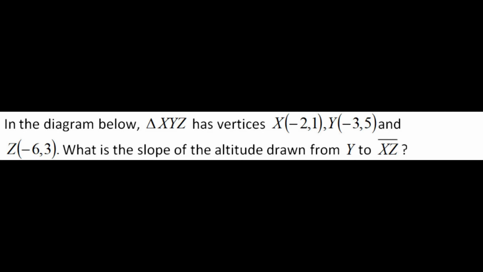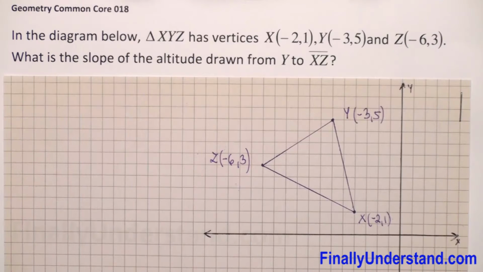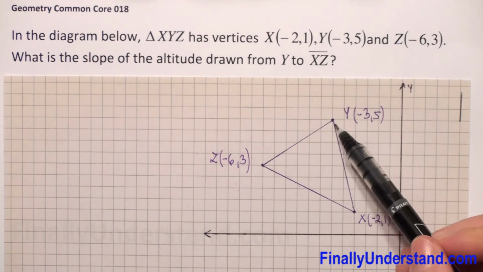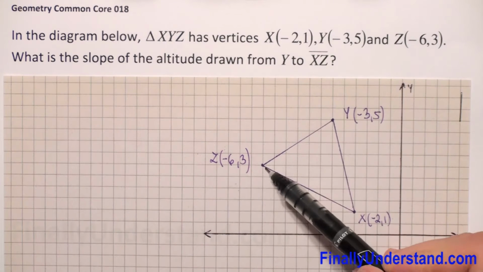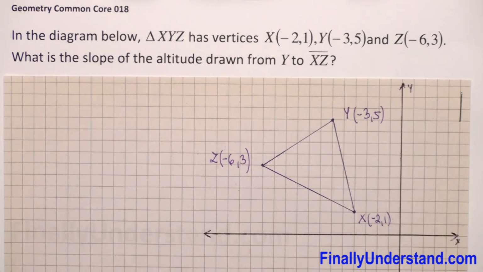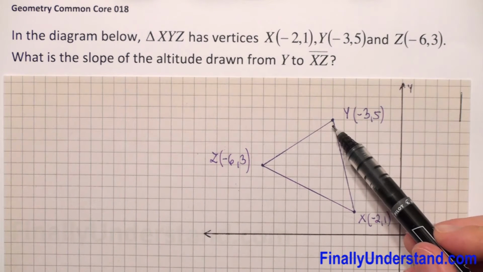In the diagram below, triangle XYZ has vertices X(-2, 1), Y(-3, 5), and Z(-6, 3). What is the slope of the altitude drawn from point Y to segment XZ? So first we know that the altitude of a triangle is the perpendicular segment from the vertex to